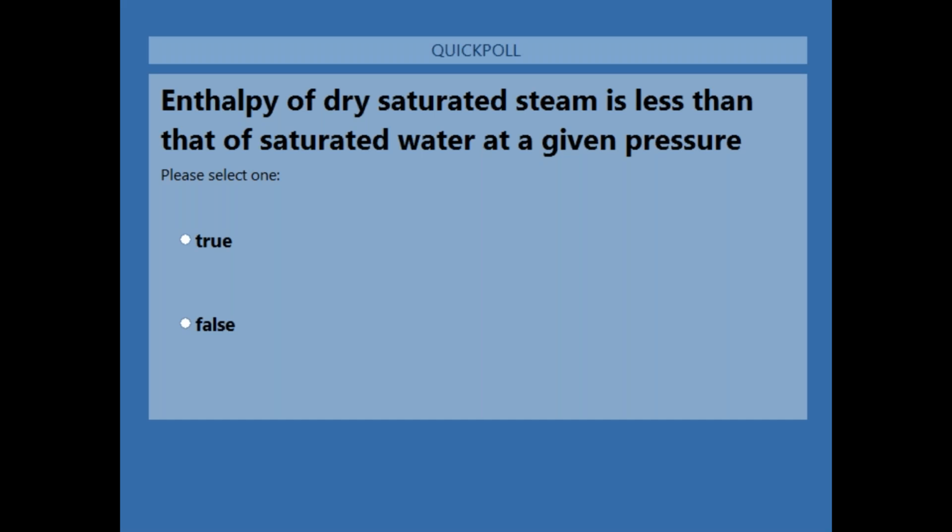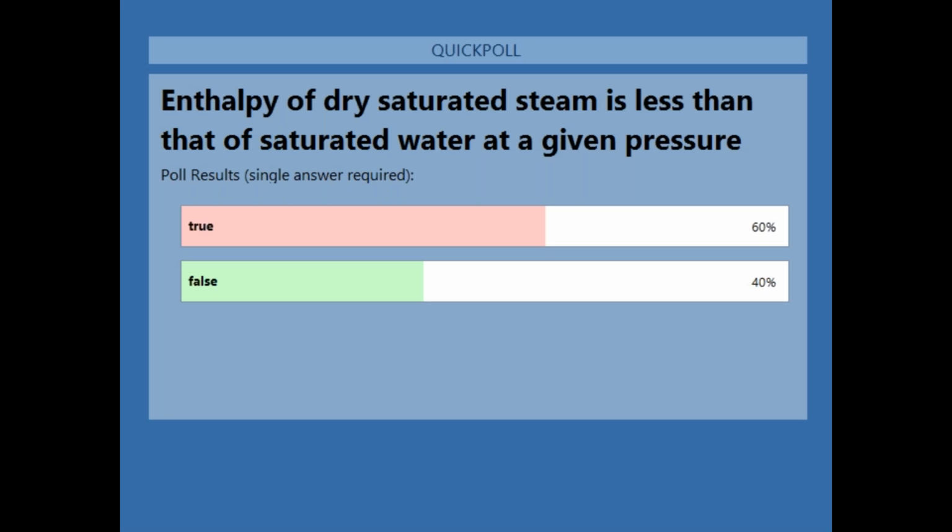So we were discussing the temperature in the last lecture, and I had considered one example of heating of water at atmospheric pressure. Okay. So with reference to that, I had asked you this question. Unfortunately, the answers are not very encouraging. Let me close this poll first, and then we will take up the discussion. I'm closing the poll and sharing the results with you.